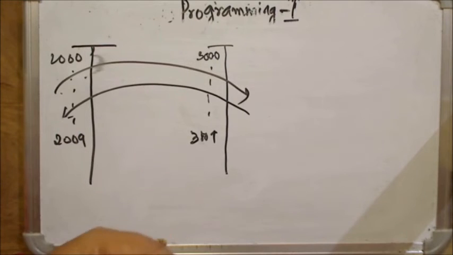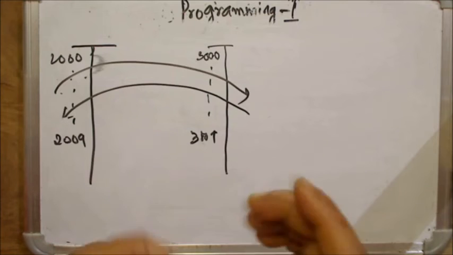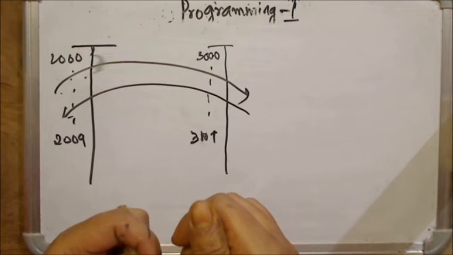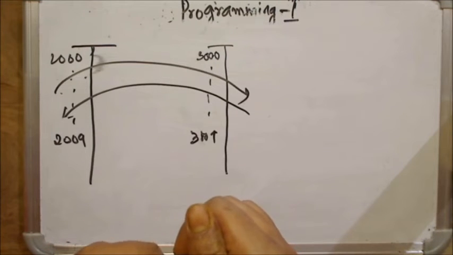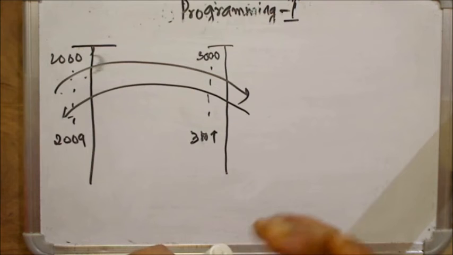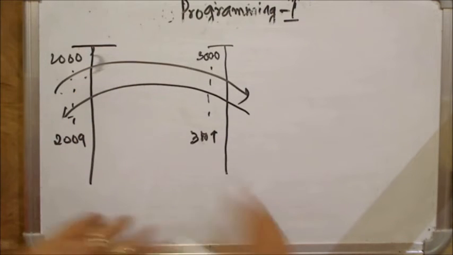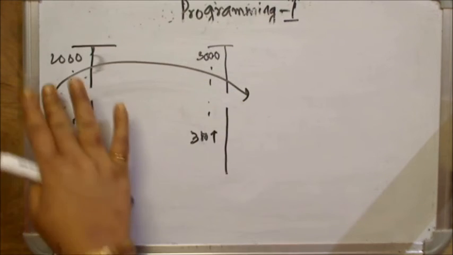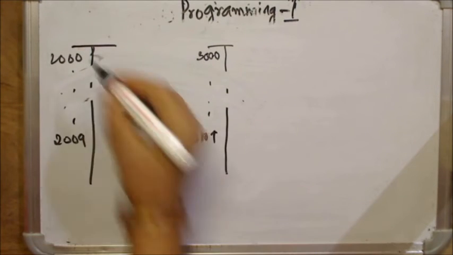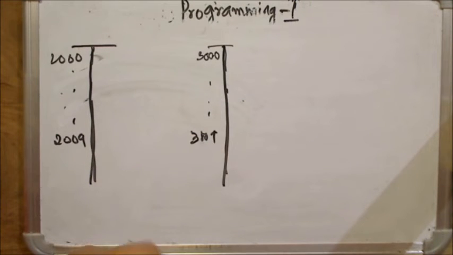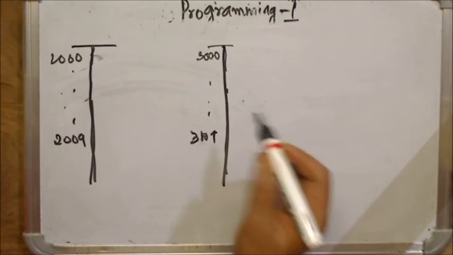Students find this program very tough. It is easy as that. Maybe one or two instructions you will be having more, but we will make the program more and more simple for you. So now tell me how to exchange the data of 2000 and 3000. First we will learn how to exchange the data of 2000 and 3000. Then we will put it in a loop and continue in the same way.